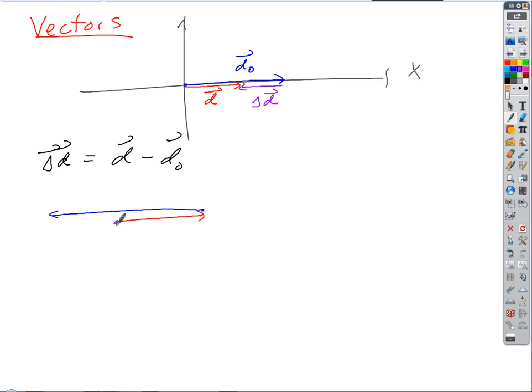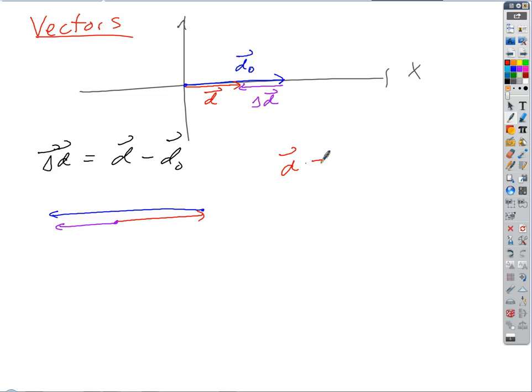So the displacement does what it's supposed to, right? Maybe an easier way to think about that, though, without having to introduce subtraction, would be just say, well, isn't the final value always equal to the initial value plus the change, right? So maybe it'd be easier just to think about this as final position, which is red,